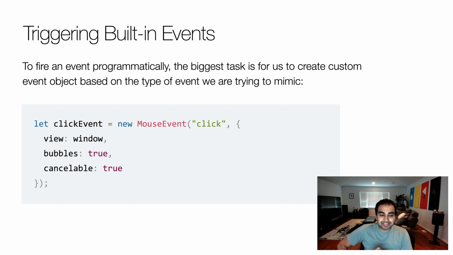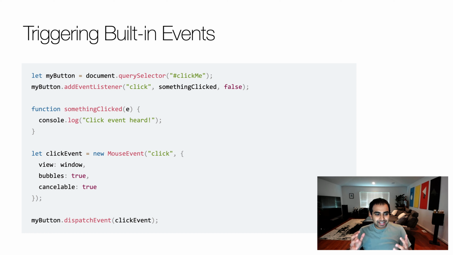We'll just leave it as these default values for now. And so once you've done that, if you go back and modify the example we just saw a few moments ago, notice that we have the first 5 lines are identical. I click on the mouse button with my mouse or trackpad or touch device, and the something clicked event handler happens. The last half of this code, though, you can see where we have our click event object that we defined earlier,